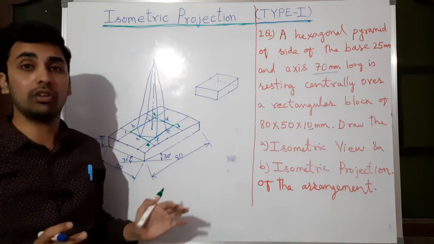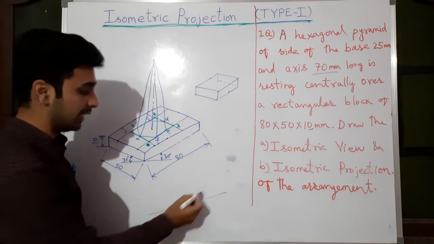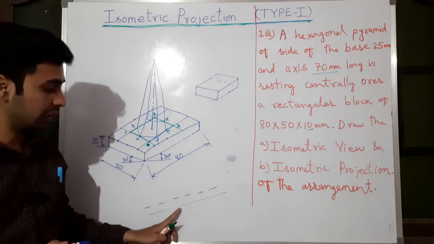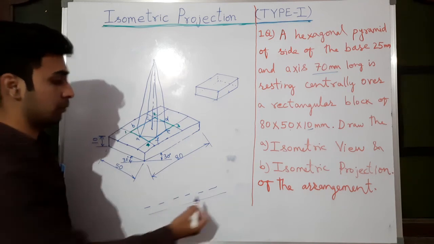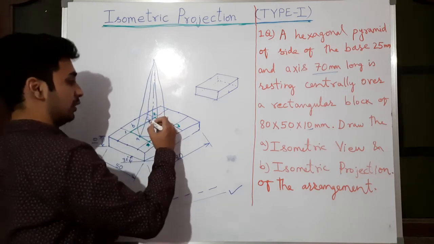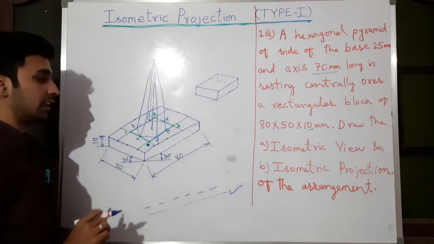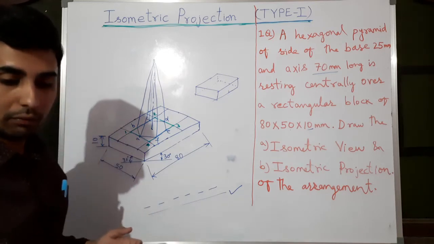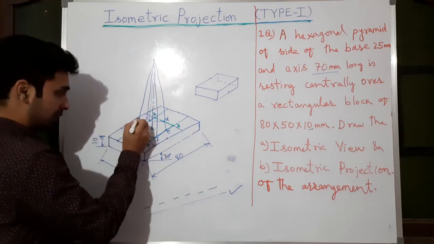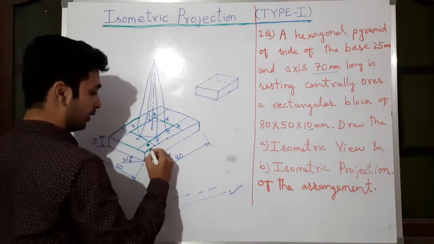Whichever line is not visible to you, you can keep in light color, a thin line. In some textbooks they use a hidden line, that is a dash line, and some textbooks use a thin line. You can use either. My preference is a thin continuous line. So the hidden edge is C to apex. You can keep this in thin color, and the rest of the lines are dark. If you are confused about which line should be dark and which thin: whichever is in green color with this pen should be dark, and the rest of the entire diagram should be thin.